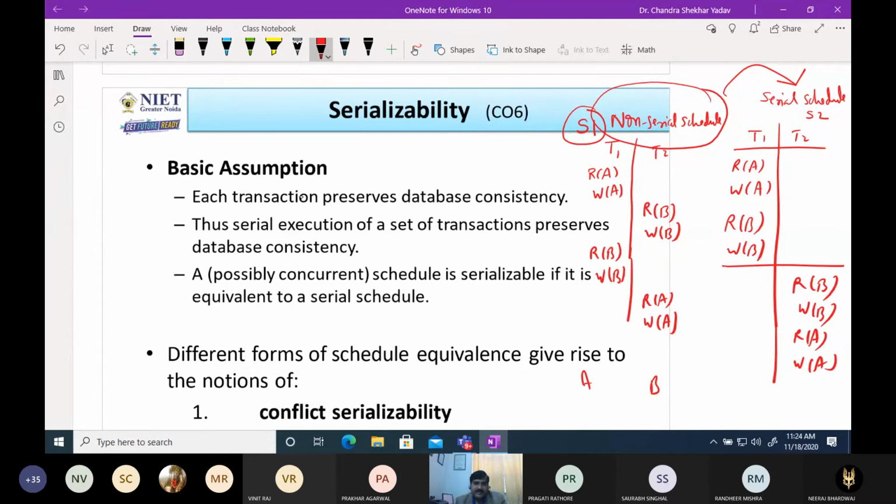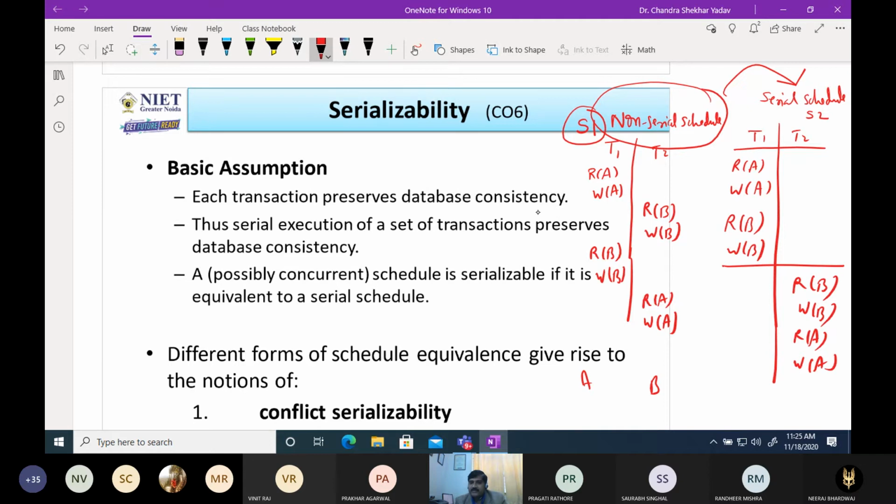Now read this sentence: each transaction preserves database consistency. As you all know कि transaction satisfy the ACID properties. Why must a transaction satisfy atomicity, consistency, isolation and durability properties?